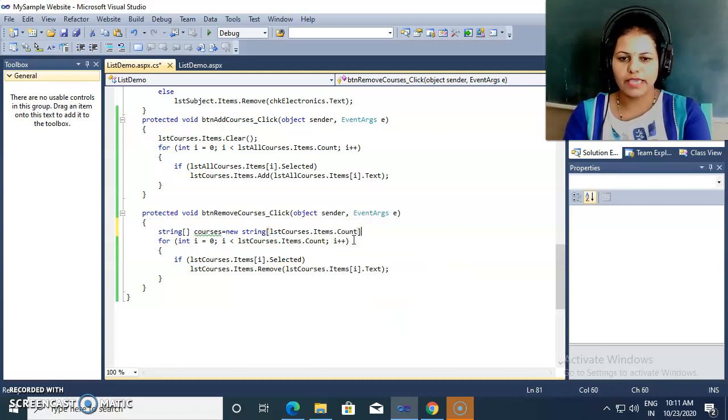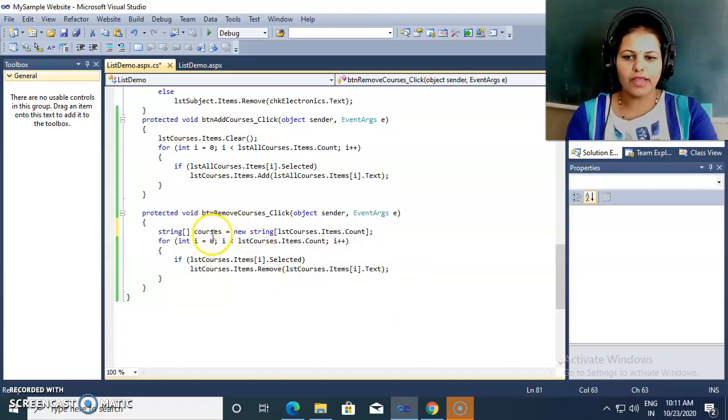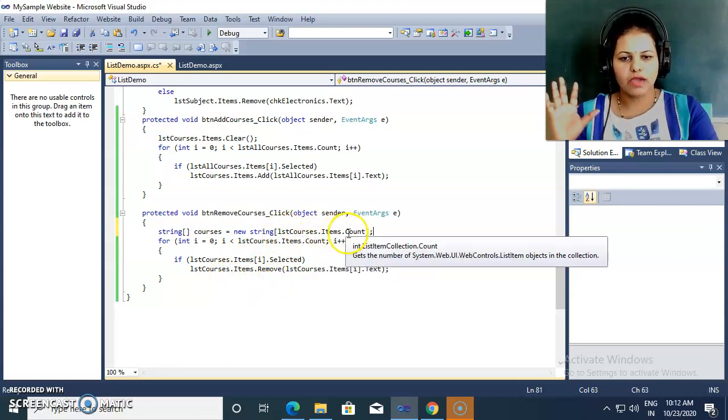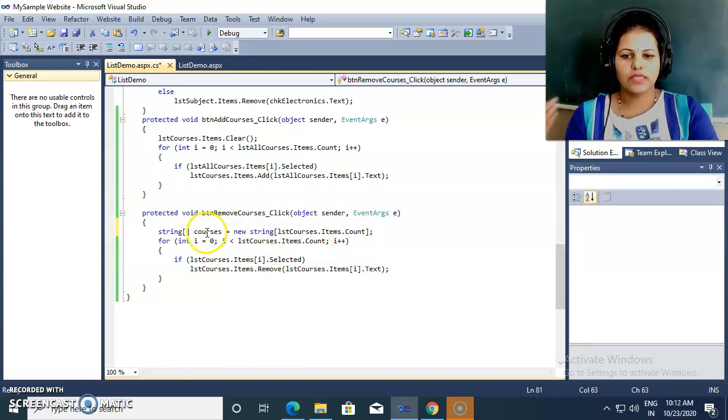I am declaring courses as a string type array, and the size is whatever count of elements is present inside the list. If initially there are 5 elements, then courses has the size 5. If initially there are 10 elements, then my courses array has the size 10.